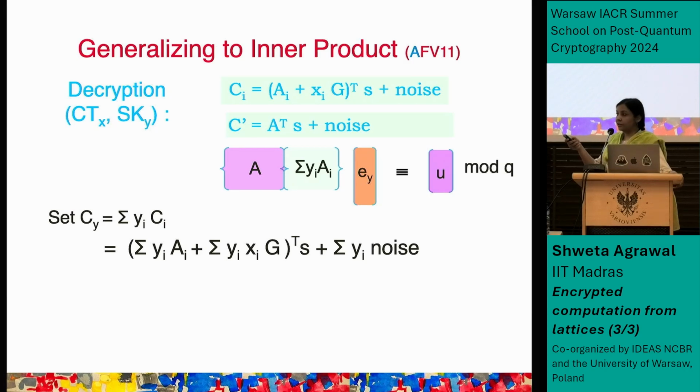As per your suggestion. So the next thing to notice is that if the inner product is 0, then this term goes away. And now I have the summation yi ai s plus noise, and I have As plus noise. So I can concatenate them to get the summation yi ai s plus noise, and this exactly is the thing for which I have the key. You see?